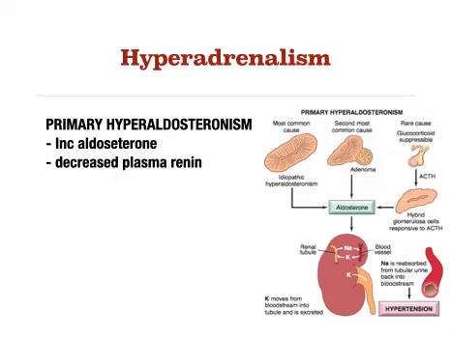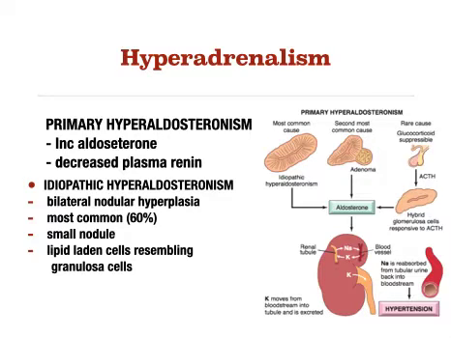Primary hyperaldosteronism is due to an autonomous overproduction of aldosterone, and with that, there will be a resultant suppression of the renin-angiotensin-aldosterone system and reduction in plasma renin activity. With this, hypertension becomes the most common manifestation of primary